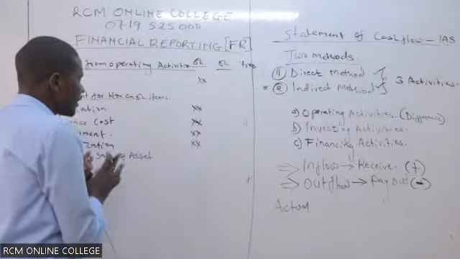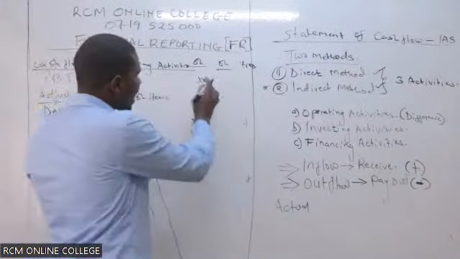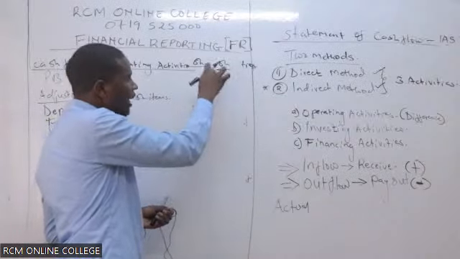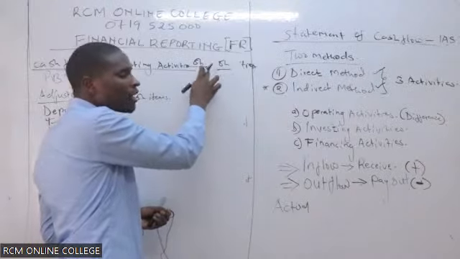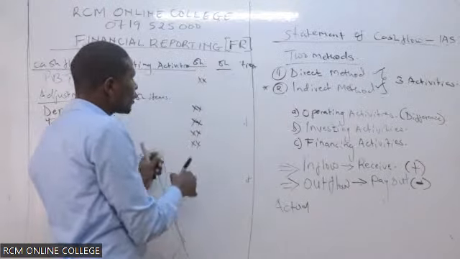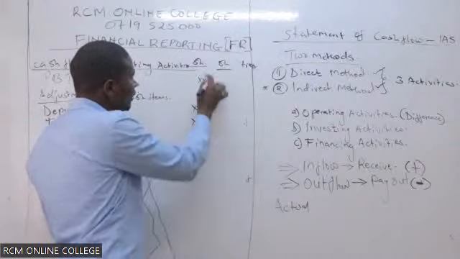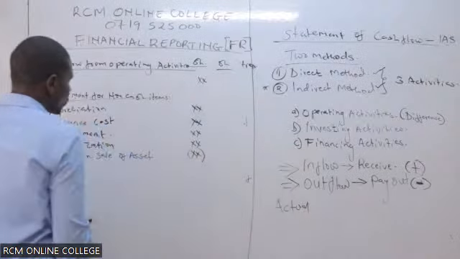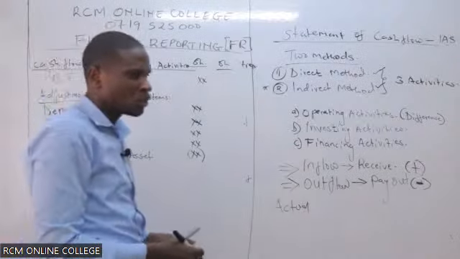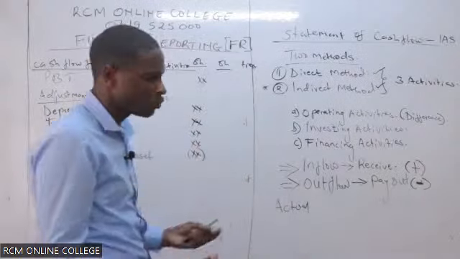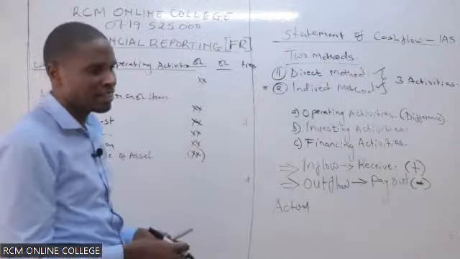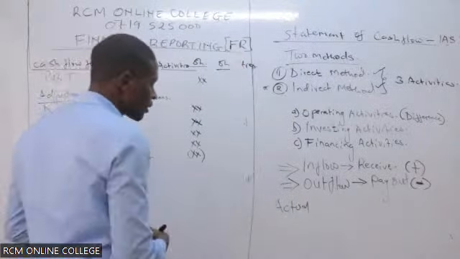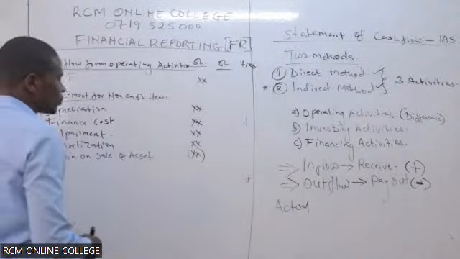Yes, since gain is an income, it was added for us to get our profit before tax. Therefore, we are going to subtract it in order to adjust this profit to its normality. So for that one, we subtract. We shall not talk about grants. Sometimes you find that there are government grants. We shall look at it when we shall be opening an account.